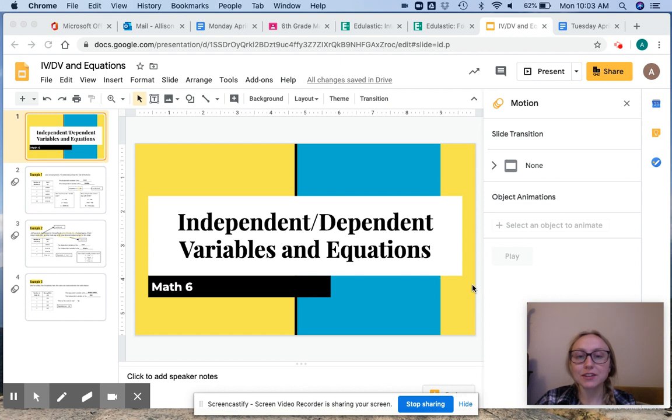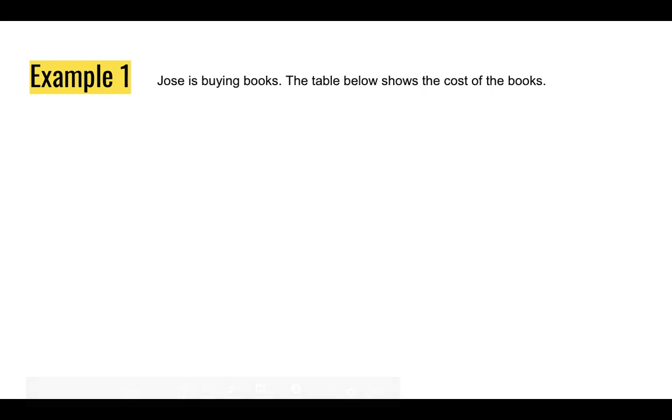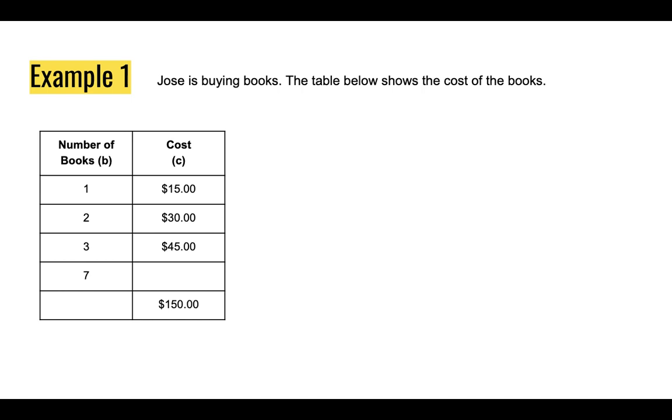Today we're going to spend a little bit more time talking about independent and dependent variables and equations. So follow along. Let's start by looking at an example that's pretty similar to what we talked about yesterday. This example says Jose is buying books. The table below shows the cost of the books. So as I can see from this table, one book costs $15, two books cost $30, three books cost $45,